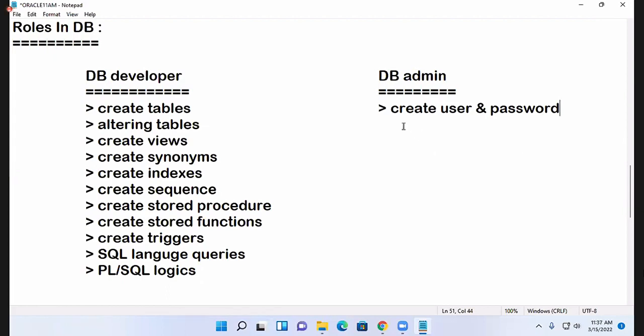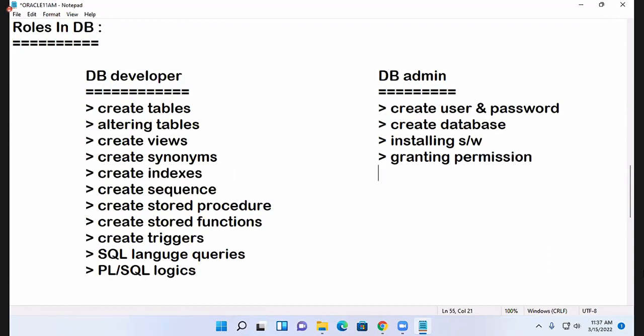He will go for installing software, and he is the person who will be granting permissions,